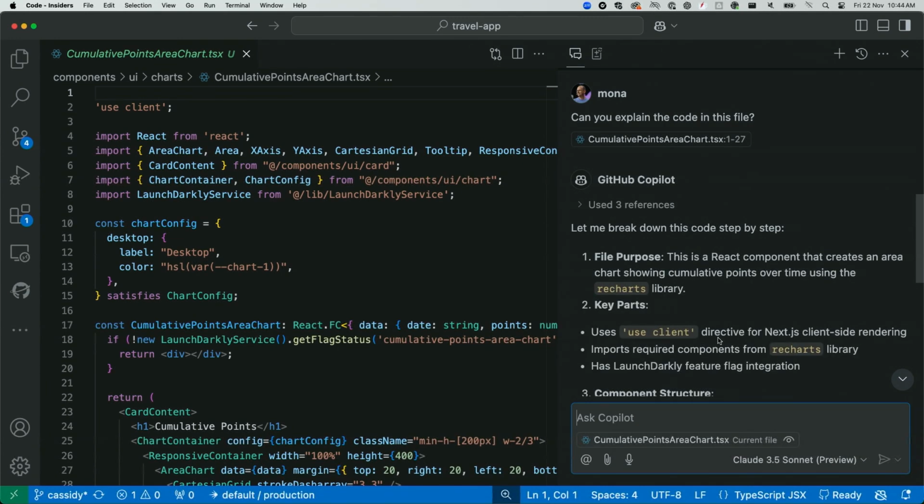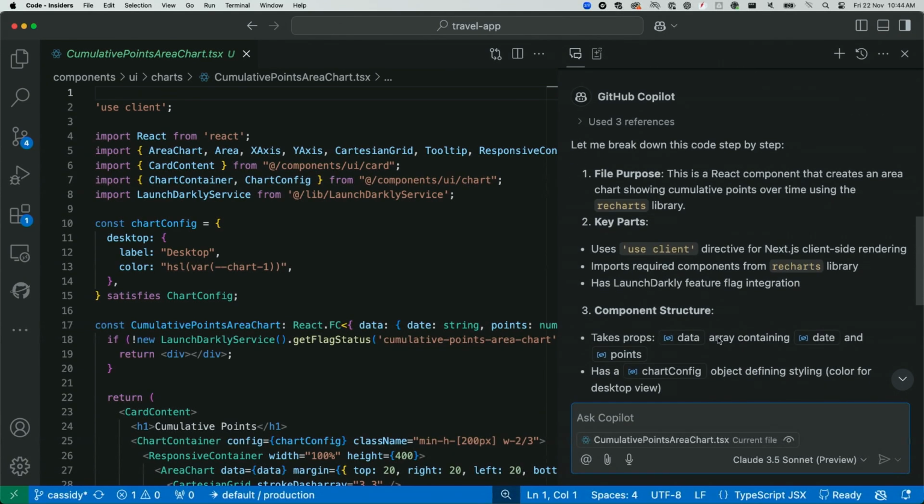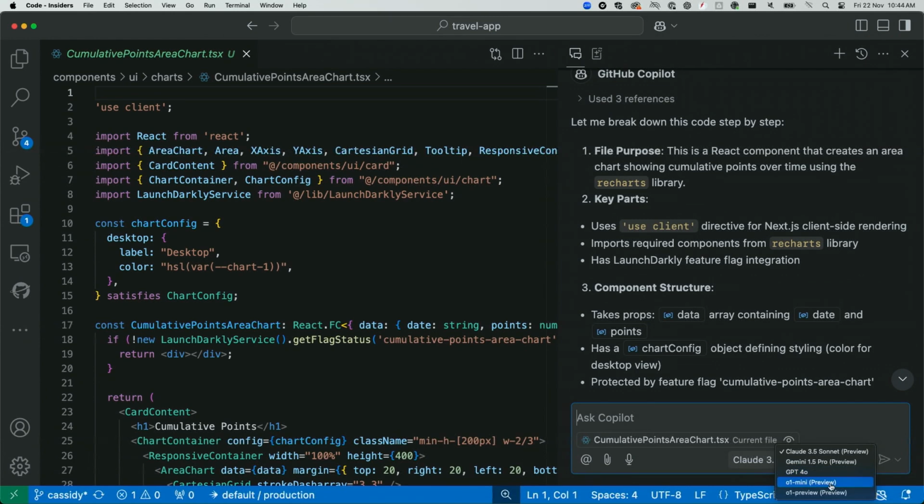Now, they're all going to do a pretty good job and do them quite well, but the models themselves have different, not different capabilities, but different ways of communicating, different ways of solving the same problem. So this is really a preference thing. It's up to you if you prefer working with one of them. Things like O1 Mini and O1 Preview as well have this kind of chain of thought built into them, so they think a bit more about what tasks need to be done. And so if you have a really complex task, you might prefer to use those. Or Claude as well does some pretty good thinking through the task that you're asking.